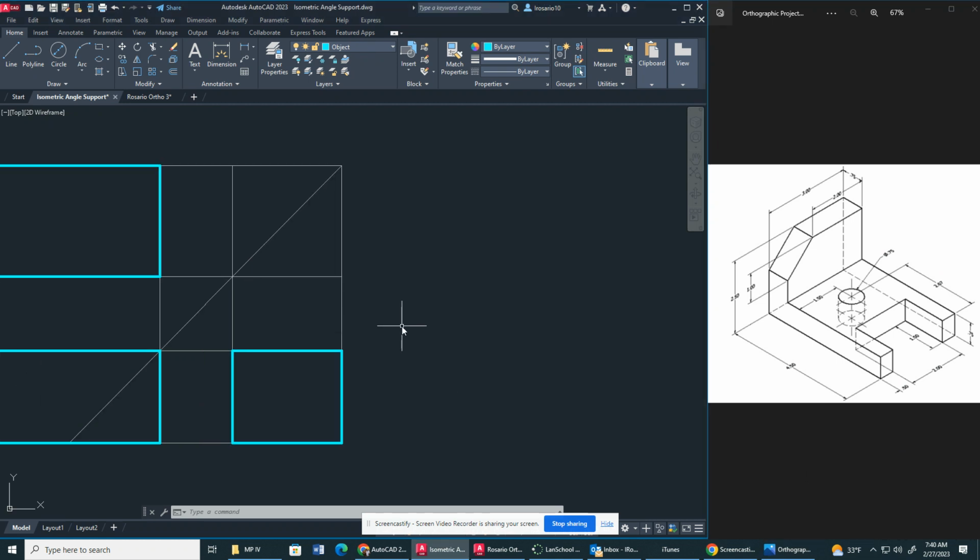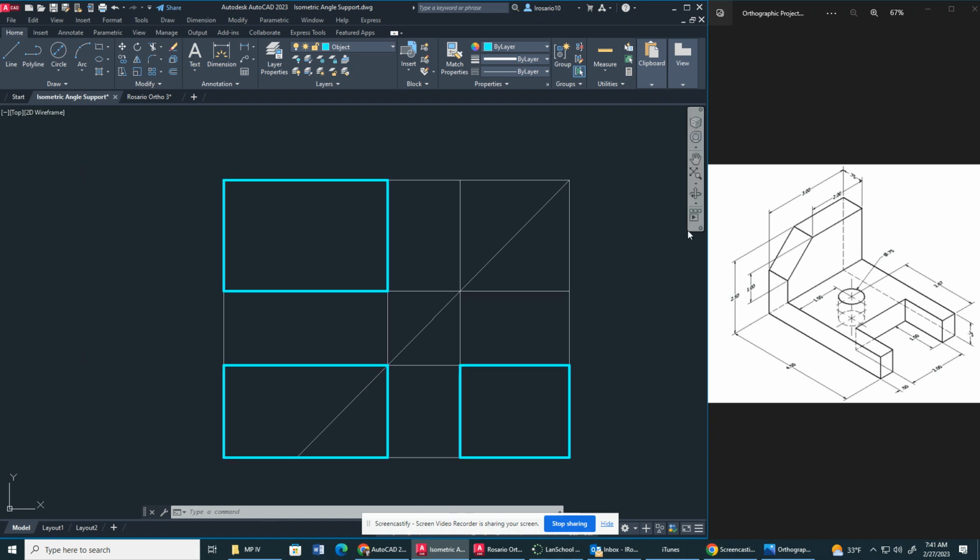Now I'm also going to zoom in right here. Okay. Boom. All right. So I highly recommend that you guys offset your circle first so you know where your